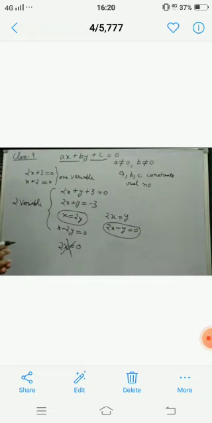Here in your definition it was given as ax + by + c, where a, b, c are real numbers and x and y are the variables. Now in your lower classes you have studied linear equation with one variable. Means whatever the equation would have been given there.